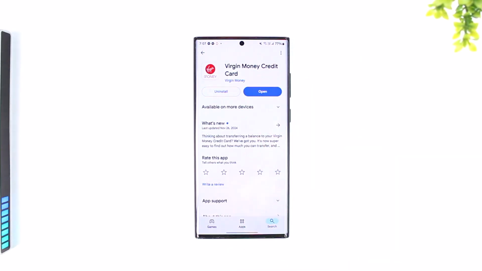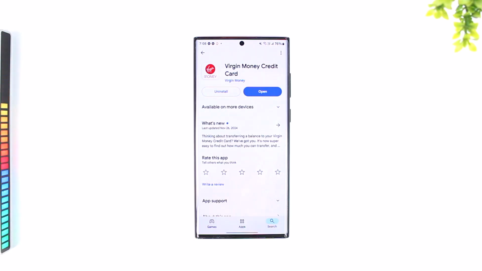banking app based on your choice, and whenever you're using a banking app, just select send money and select business account. So select send to business account, and to send money to your Virgin Money credit card you have to type in sort code 406425 as a sort code. I repeat, 406425, account number